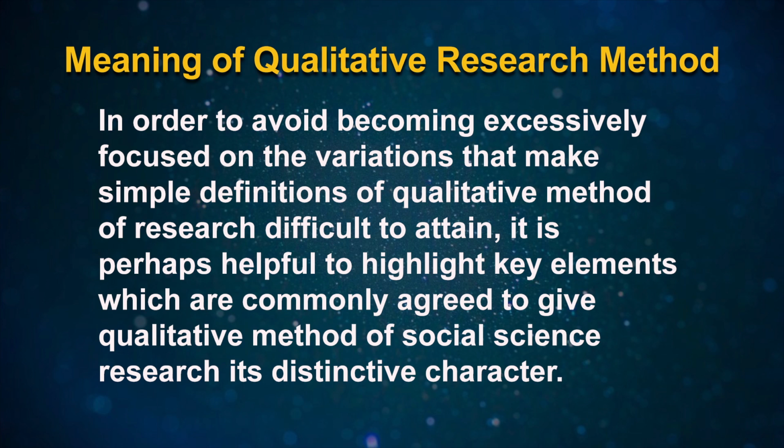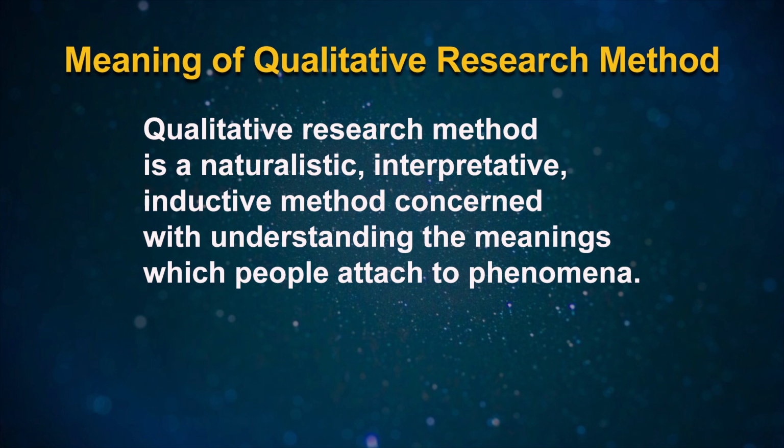It is perhaps helpful to highlight key elements which are commonly agreed to give qualitative method of social science research its distinctive character, and they include: first, naturalistic interpretative inductive method concerned with understanding the meanings which people attach to